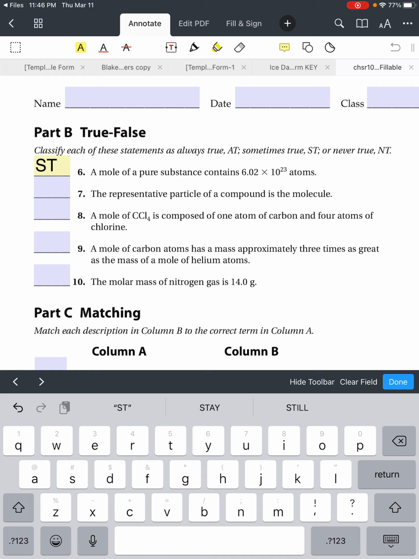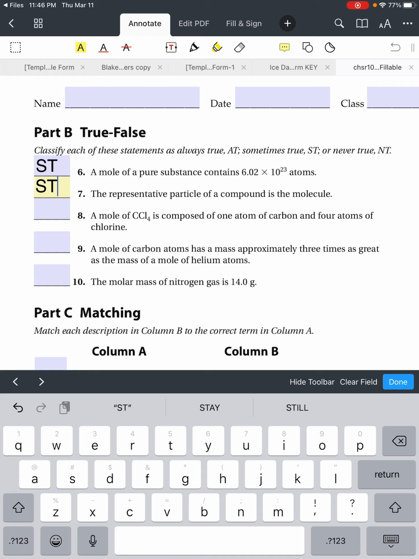That's true if it's a covalent compound, but if it's an ionic compound, it might be a formula unit. So there are technically different definitions for what a representative particle can be than just a molecule when you're dealing